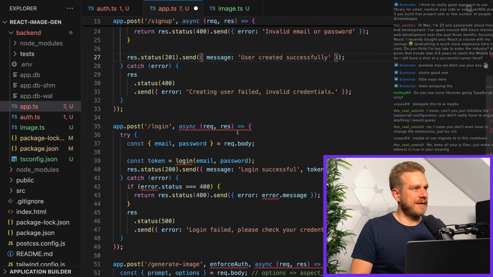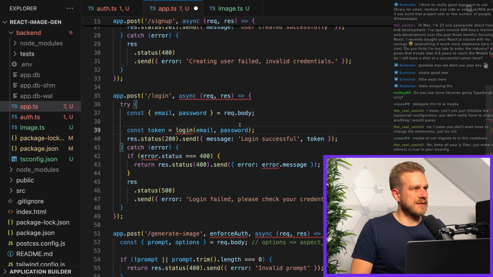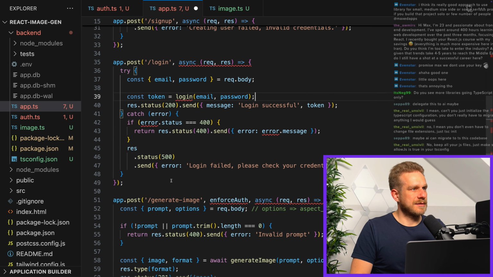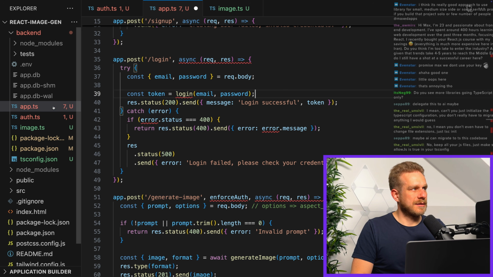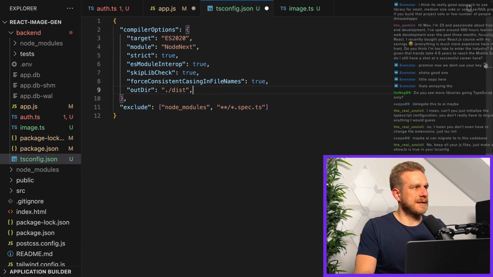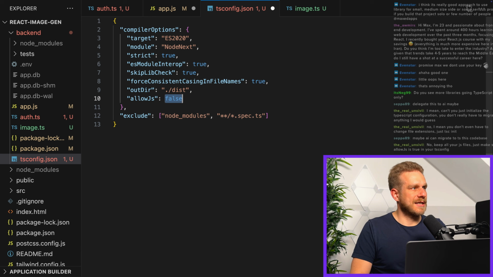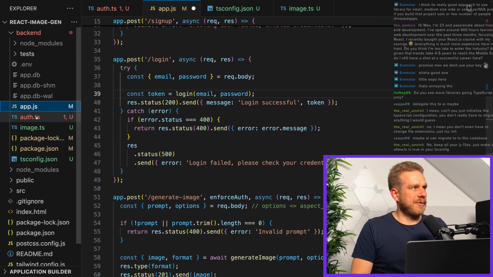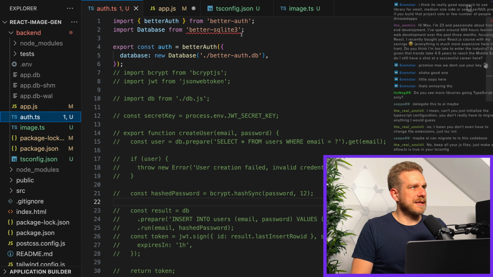Actually, I think I can migrate that because it's not too bad. Let's keep it. You're right. Let's keep it here like this and then allow JS. True. But anyways, I'll probably not make this app work, but let's see if we can